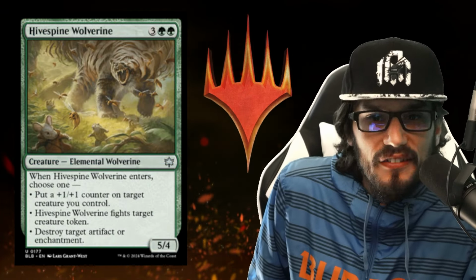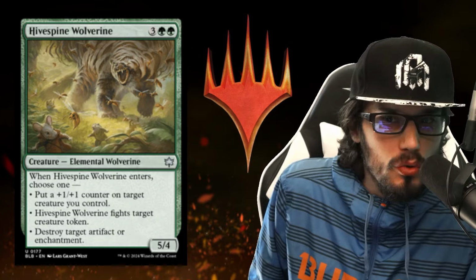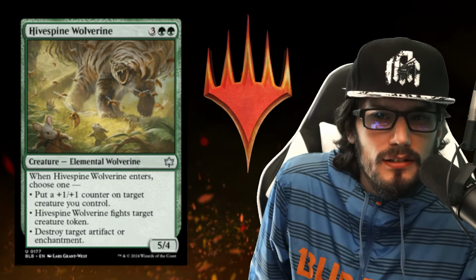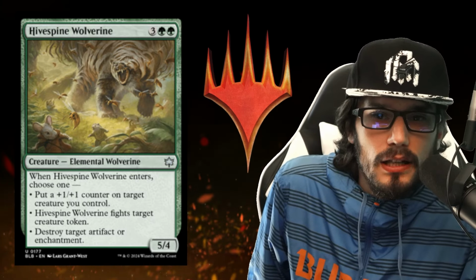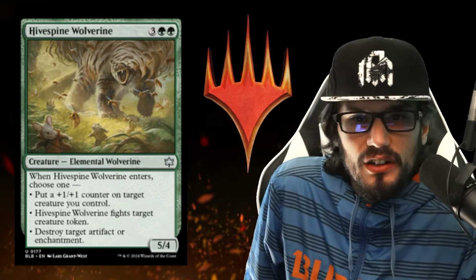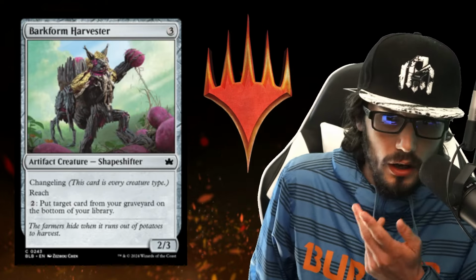Hivespine Wolverine, 5 mana. An Elemental Wolverine, uncommon, 5 power, 4 toughness. When it enters, choose one of the following 3: put a +1/+1 counter on target creature you control, the Wolverine will fight a target creature, nice, or destroy target artifact or enchantment. Okay. That's not bad. That's really, really good. The fight on a 5/4 is good, plus the artifact and enchantment removal. And worst case scenario, if none of that, grab a +1/+1 counter, which technically would make it a 6/5